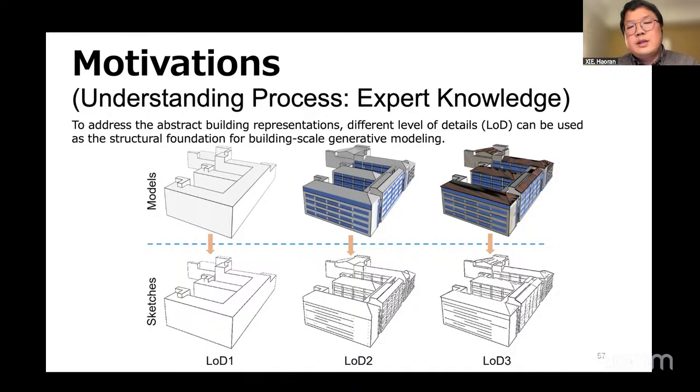Here one concept is level of details. For LOD1, level of details 1, there isn't any component like windows and doors. Then we add some details of the different parts. Finally, we also add some functional parts and some texture. So finally, we get the 3D model. So there are different levels of details, also in the 3D structure. Also, we can say this is the sketch dataset, the drawing.